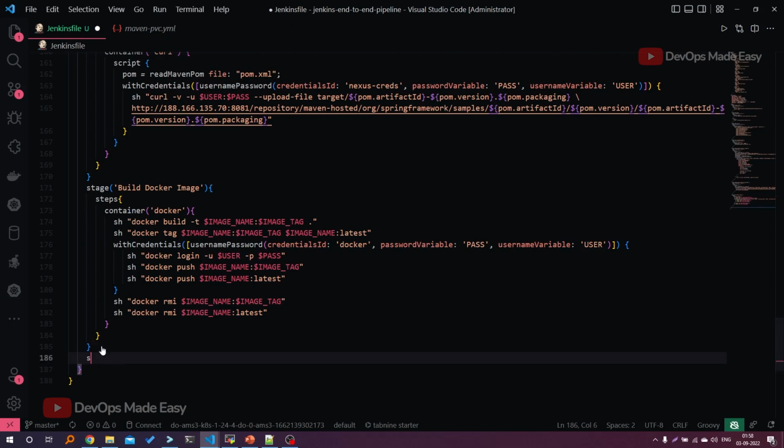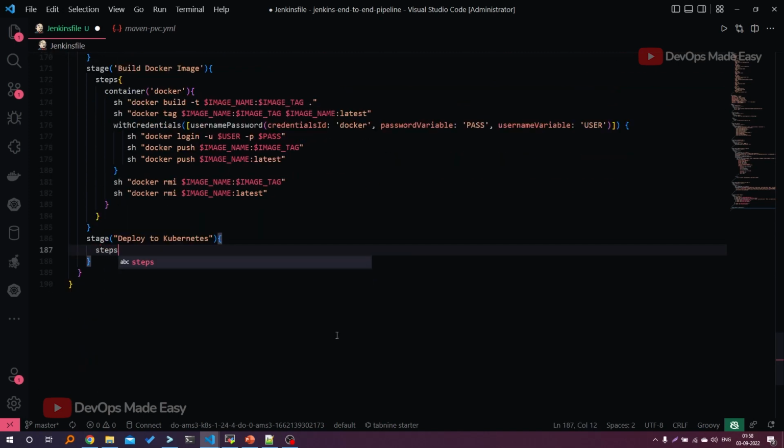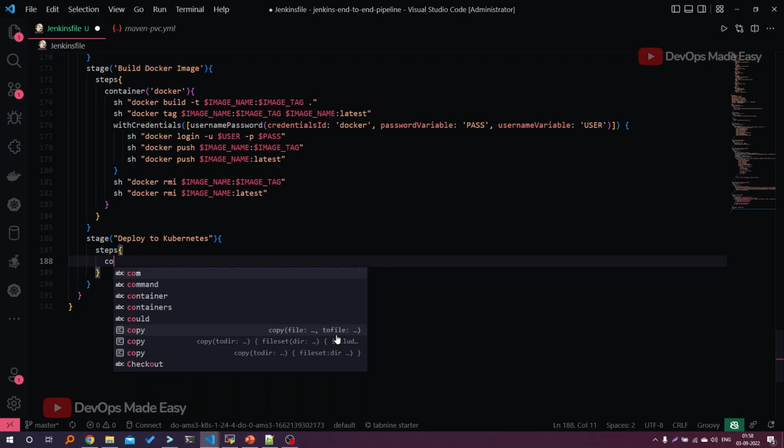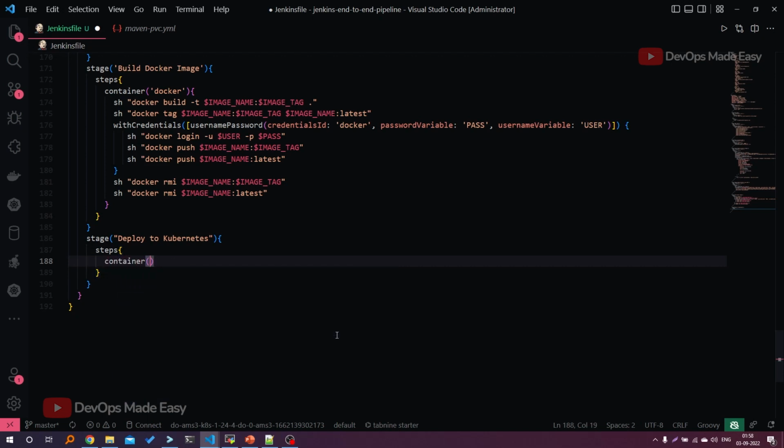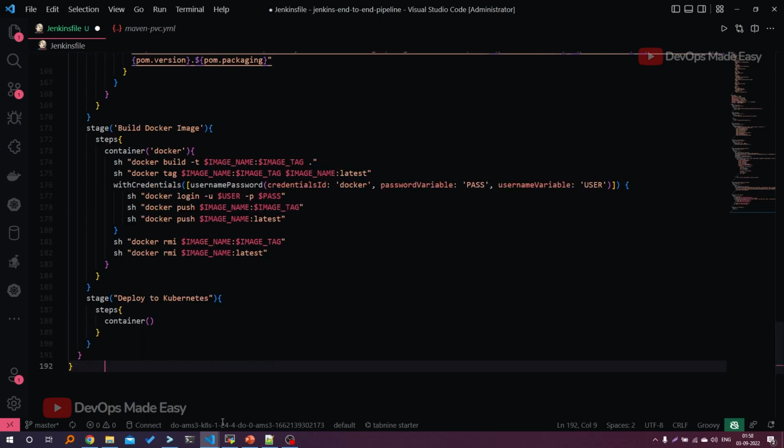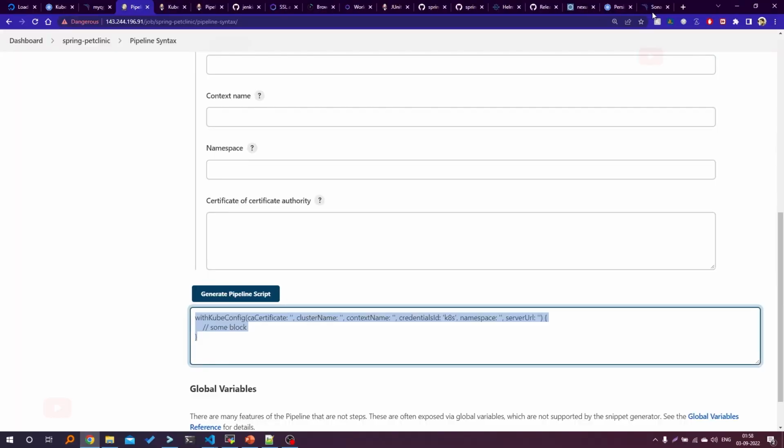Okay, that step is known as, you can call it, deploy to Kubernetes, and here I need to run it in a container. So for that container, you basically should have the kubectl CLI. So if you search in DockerHub for kubectl CLI,